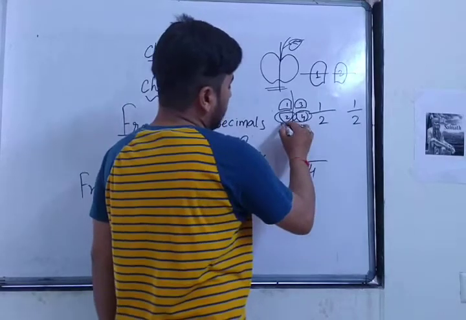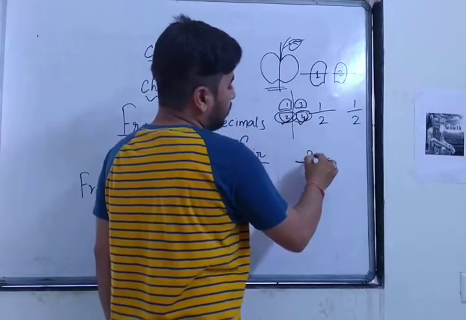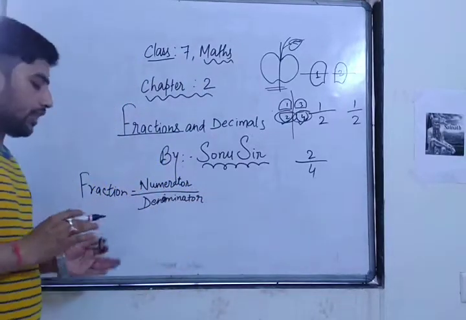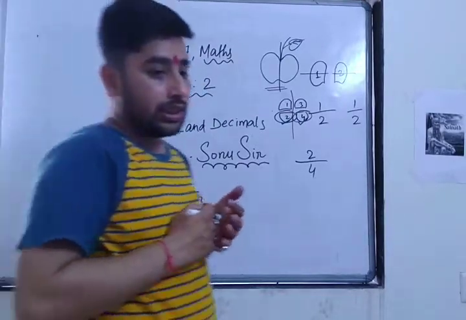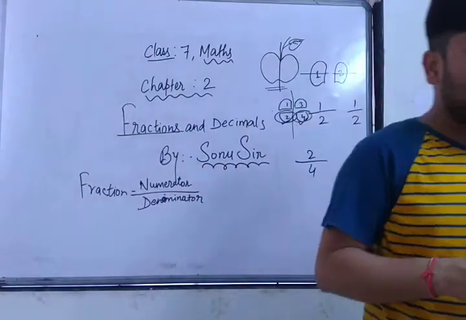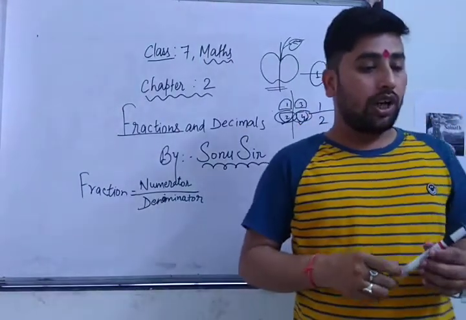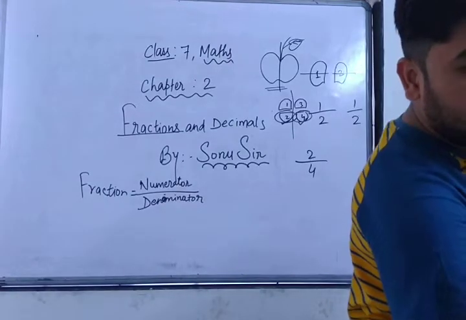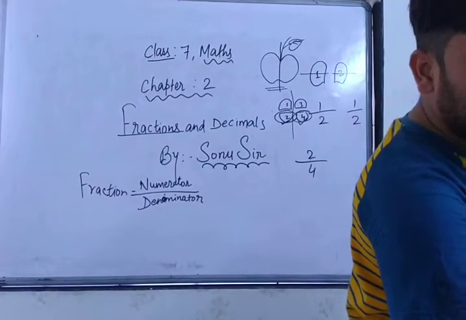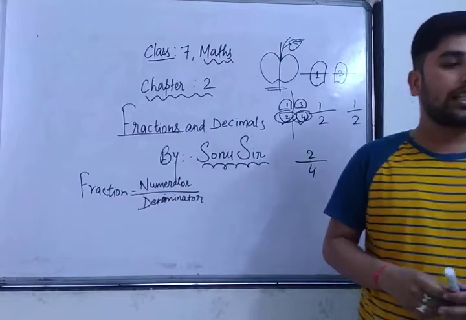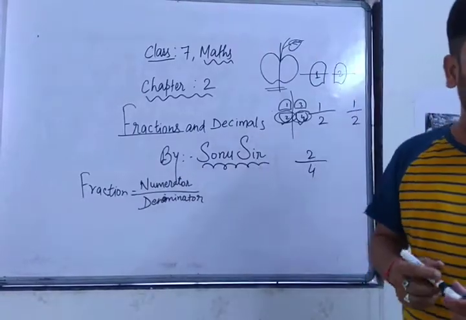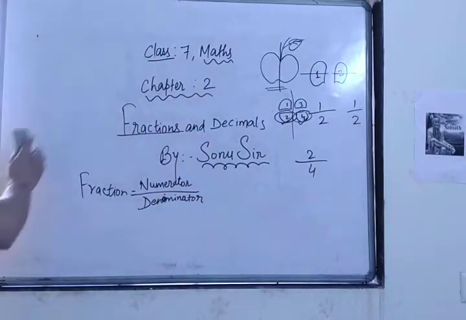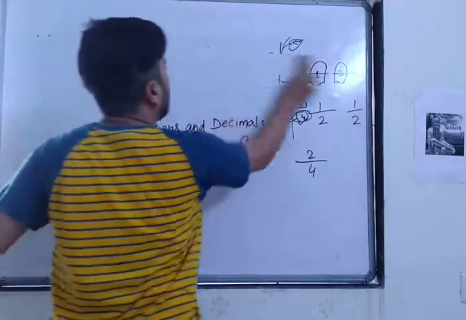2 parts, 1 part from me and 1 part from my brother. So 2 upon 4. So are you getting or not? So this is a fraction. And now in this chapter we are going to discuss the division of a whole number by a fraction, and the division of a fraction by a whole number. It means all the properties of natural numbers and whole numbers we are going to start. So let's start our exercise 2.1, question number 1.